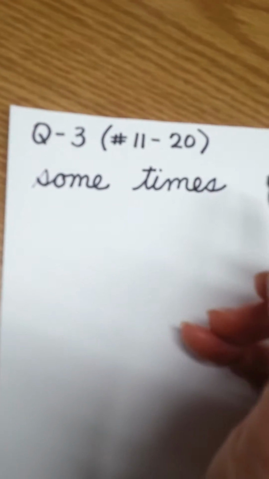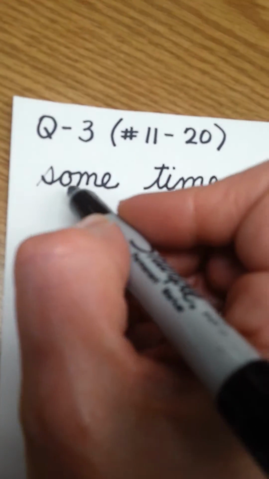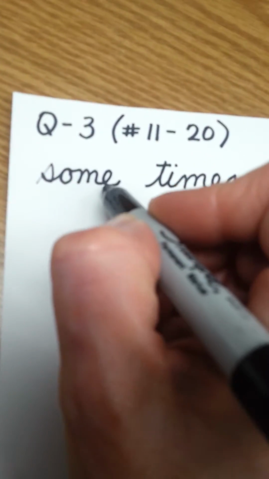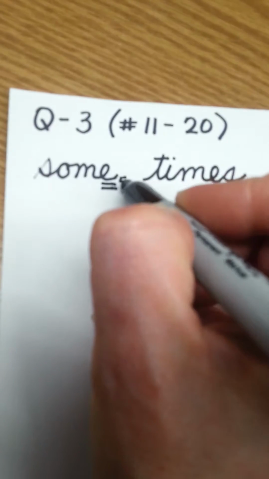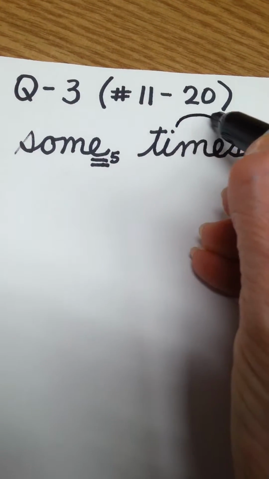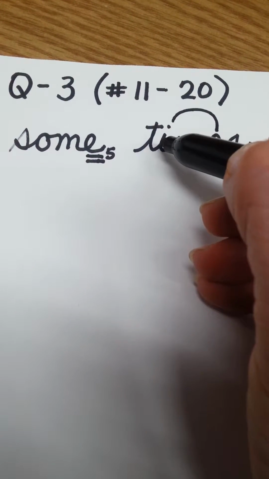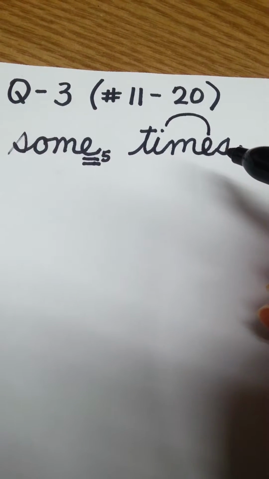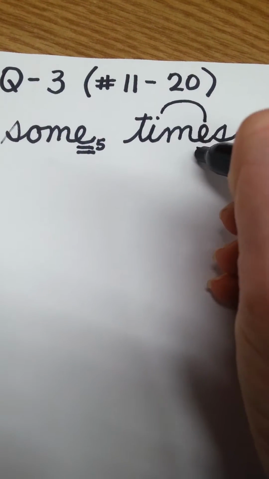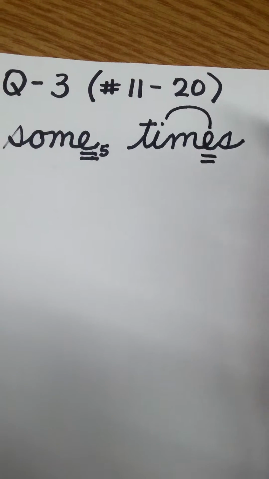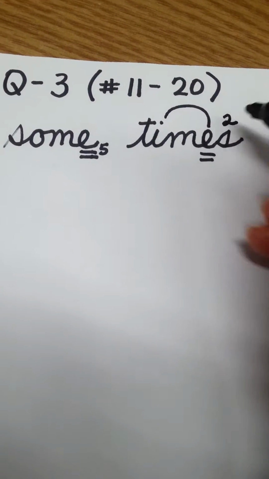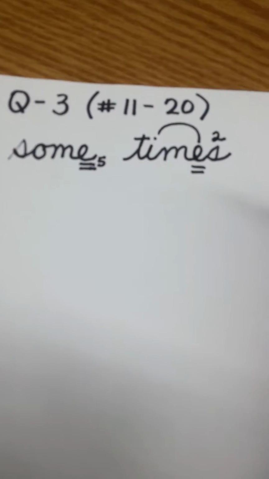Sometimes. The only marking in the word psalm is the silent final E, number 5, odd job E. And in times, we need to show that E is there to make the I say its name, so we make an arch. And then we'll double underline the silent final E, and we'll put a 2 above the z. Sometimes. Very good.